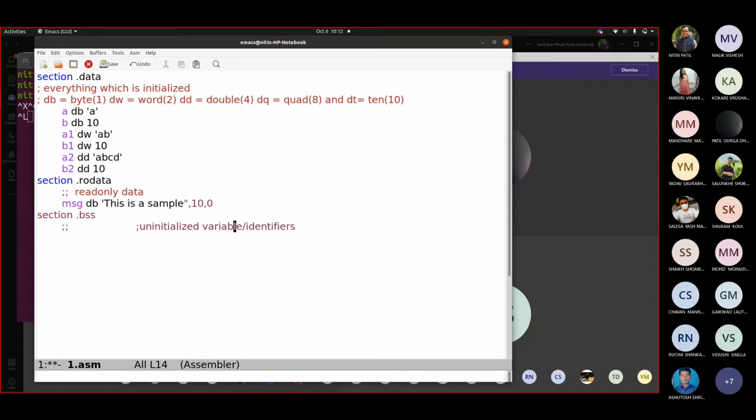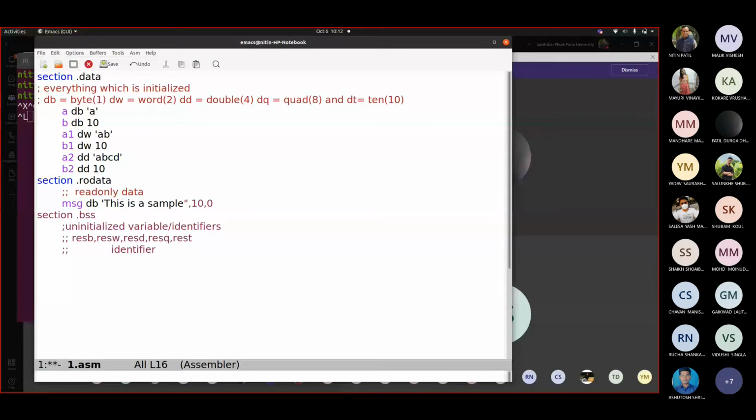Whatever is not initialized would go into this. From a programming perspective, you replace d by res in all these cases. So you write resb, resw, resd, resq, and rest. Fine. So what is the definition mechanism?